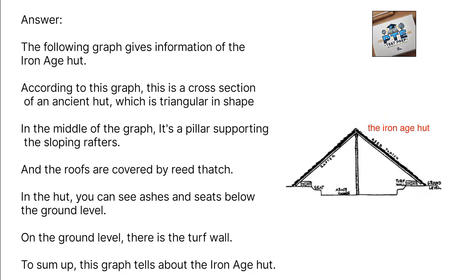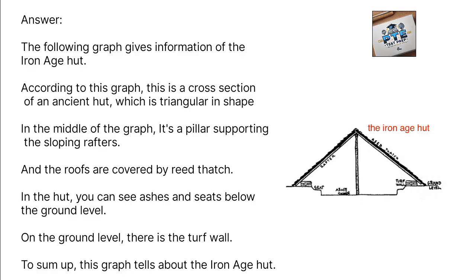The following graph gives information of the Iron Age hut. According to this graph, this is a cross-section of an ancient hut, which is triangular in shape. In the middle of the graph, it's a pillar supporting the sloping rafters, and the roofs are covered by reed